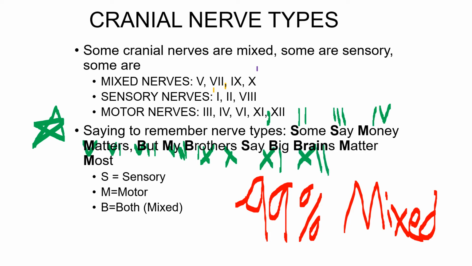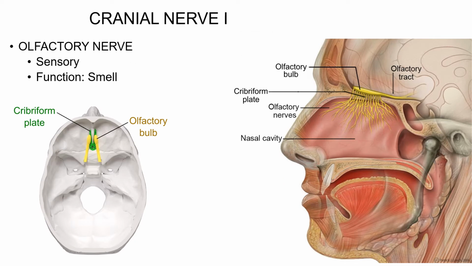So, now that we've got that down, let's introduce the 12 pairs of cranial nerves. Cranial nerve number 1, and please notice as we're going through this, they're all going to be in Roman numerals. So cranial nerve I, cranial nerve number 1, is the olfactory nerve. As I mentioned, this is a 100% sensory nerve, and the only thing it does is help you with smell, nothing else. So, why did we make you learn all of those crazy things with the ethmoid bone? Why is the ethmoid bone important? Well, check it out. We have our nice cool crista galli in the middle, and on the sides we have